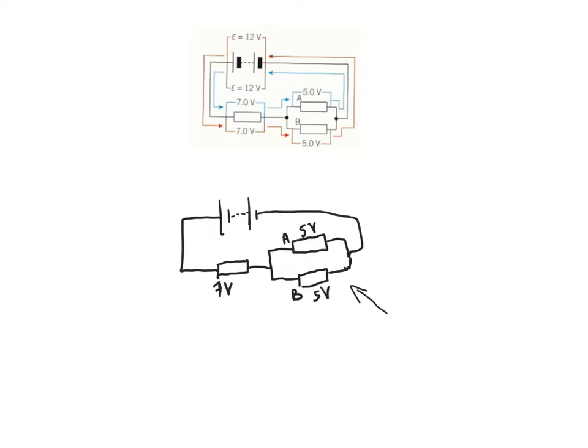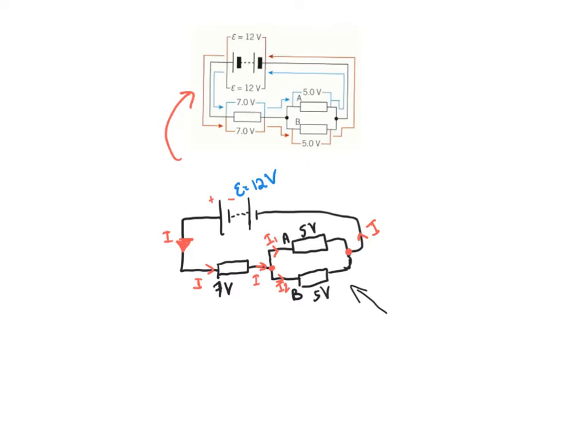Now we know current flows from positive to negative, so current I will pass through the resistor here, but as it reaches this junction, it will split, so we'll have I1 and I2. As they meet up again here, we're going to have I. But in terms of potential difference, it is what you see in this diagram as red and blue lines. So in other words, the EMF is 12 volts. Now if I go around the loop,